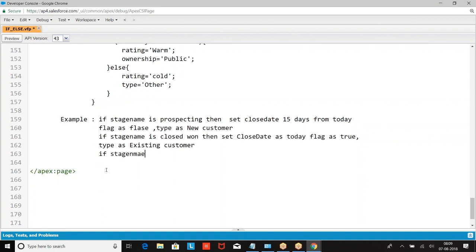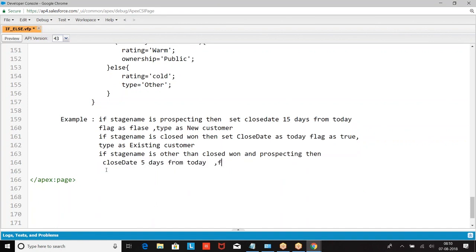If stage name is other than closed one or prospecting, so this is the condition. Define the program for this.